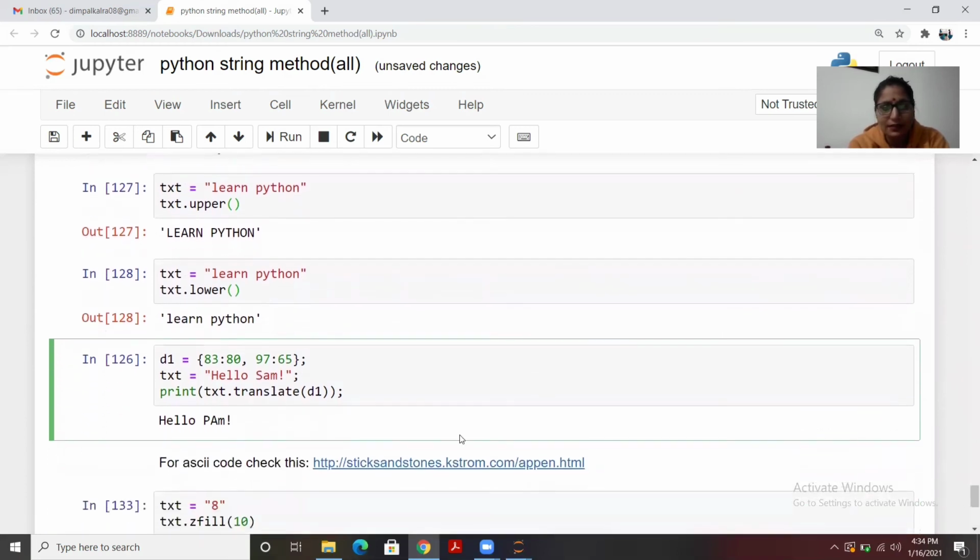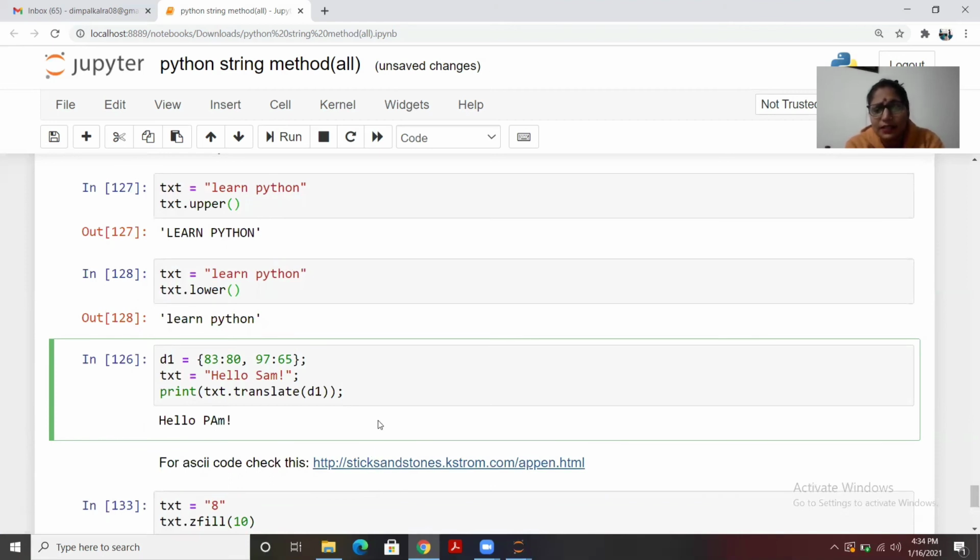Then we have translate. Basically, we have a different ASCII code for any numbers, or you can say the alphabets. I have given a link to this as well.